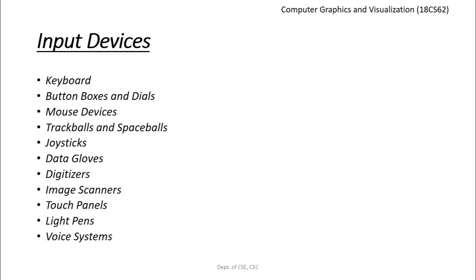Keyboards can also be provided with features for entry of screen coordinates, menu selections, or graphic functions. General purpose keyboards use function keys and cursor control keys. Function keys allow the user to select frequently accessed operations with a single keystroke. Cursor control keys are used for selecting a displayed object or a location by positioning the screen cursor. That is about the keyboard.